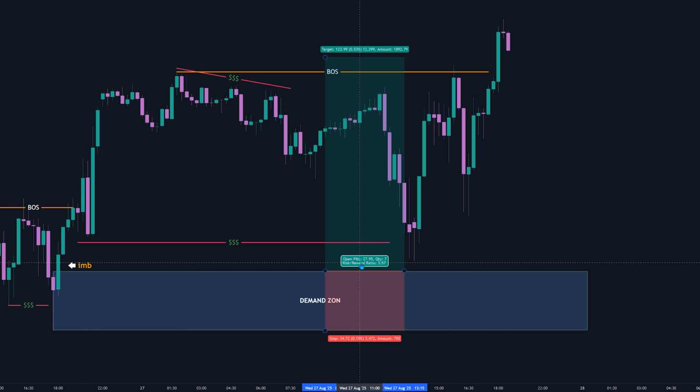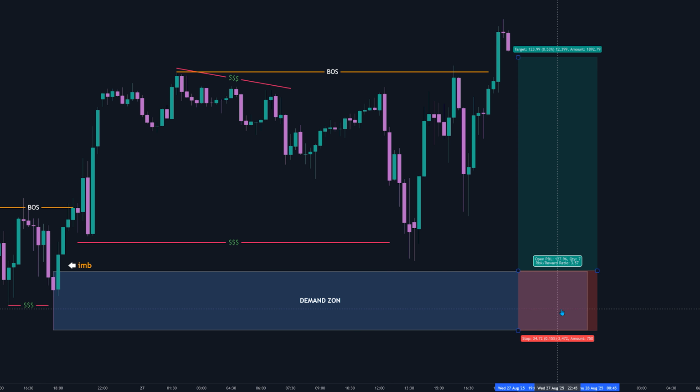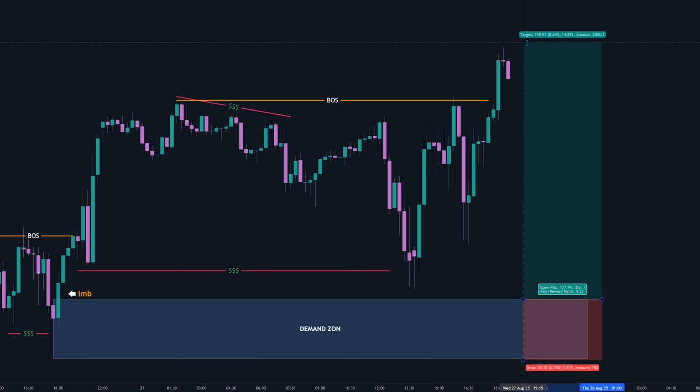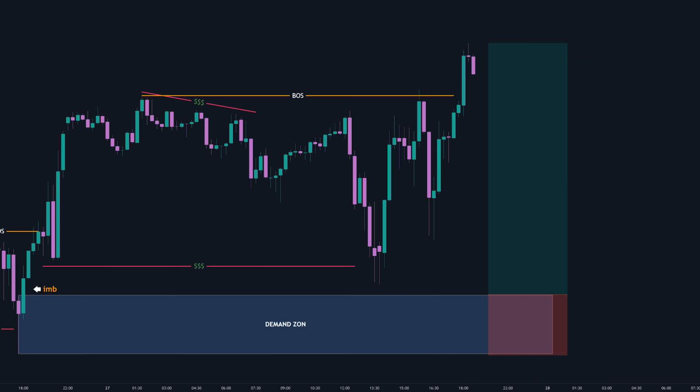So here's the updated plan. Place the buy limit at this new demand zone. Keep the stop loss in the same place. Adjust the target to the recent high. What will likely happen is this. Price will pull back, collect liquidities along the way, tap into our refined demand zone, and then continue the bullish